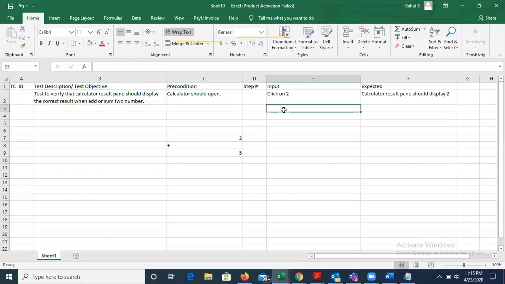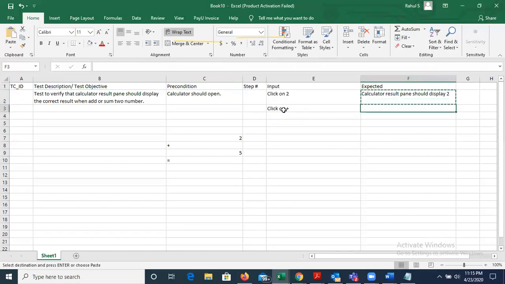So now plus, the calculator result pane should display 2.